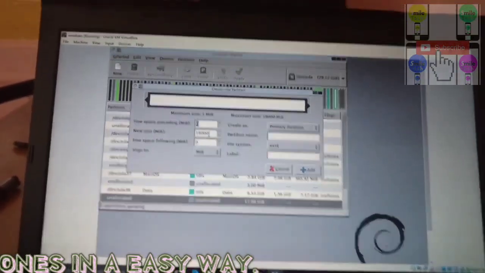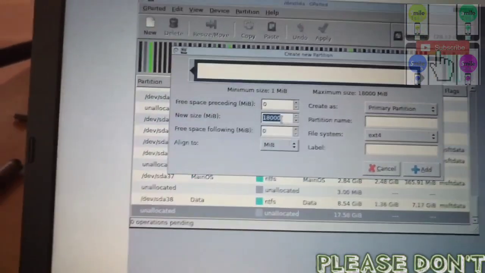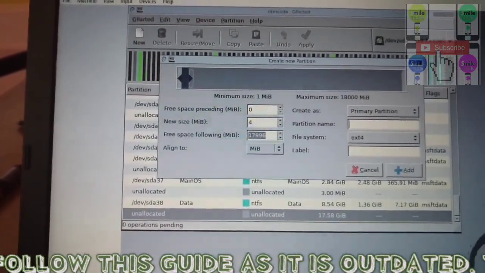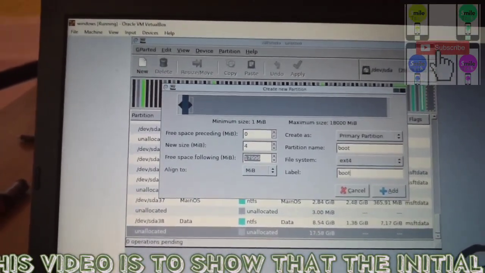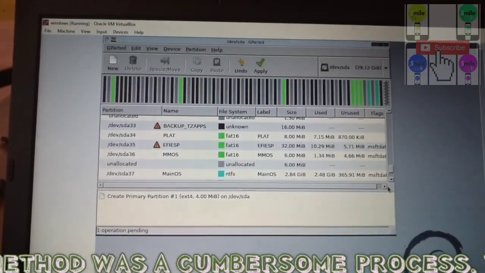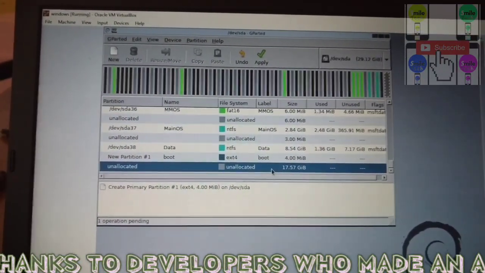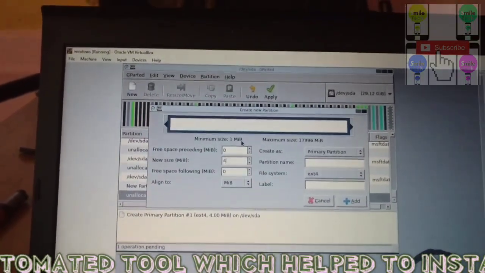So what I'll do is I will create 4 MB. When you see this 18,000 here, I just create 4 and the remaining gets allocated here. I come here, I type boot, I go back here, I type boot. Then I click add. One partition is created. Now scroll down, go back to that unallocated, click here, write new, again create another 4